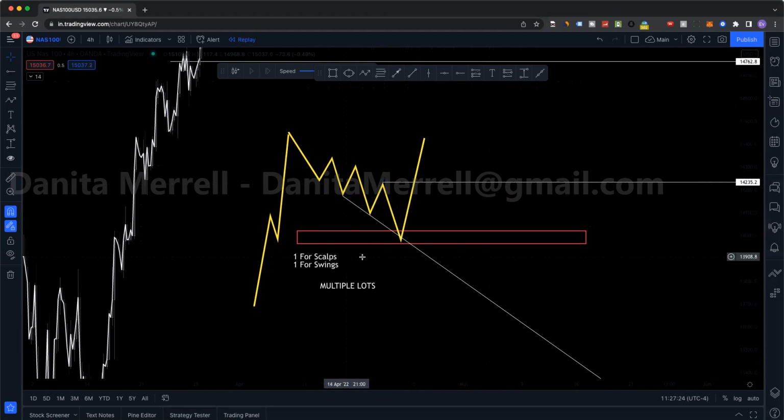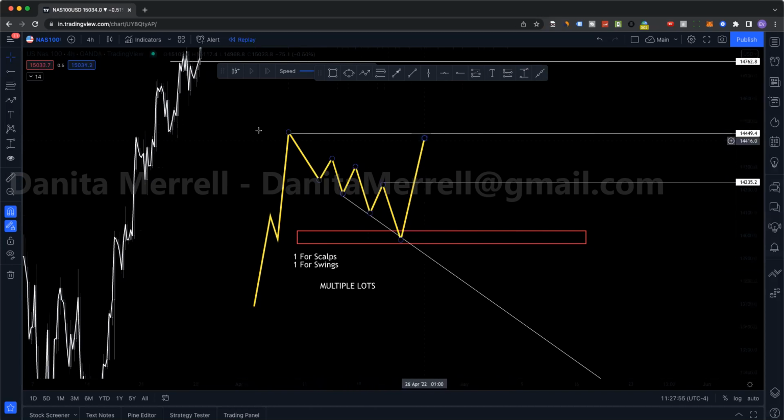Once I have taken my first scalp position off the table from my first destination, right, where I'm comfortable, like, okay, this is a good enough amount for me to take off for my scalp. That way I'm always taking money off the table for a scalp. At that point, when I TP there is where I'll set break even for my swing. Okay, so my swing, which is going to go to the higher time frame levels. So let's say we were aiming for H4 or something here, or daily or whatever the case may be. Okay, then I'll hold my swing at break even after I take my scalp position off the table, and then